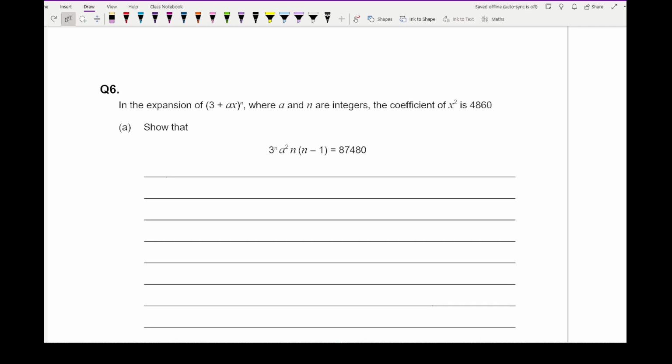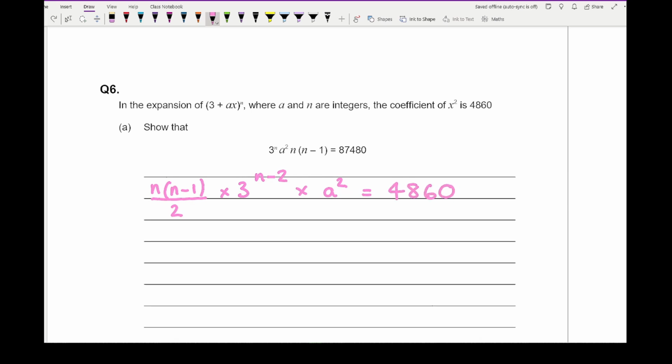For this, depending on your way of using binomial expansion, you're going to have to use the formulas for it to make sense, I would say. So looking at the formula for the coefficient of x squared, we'll have n(n minus 1) over 2, because we're looking at x squared, multiplied by 3 to the power of n minus 2, multiplied by a squared equals